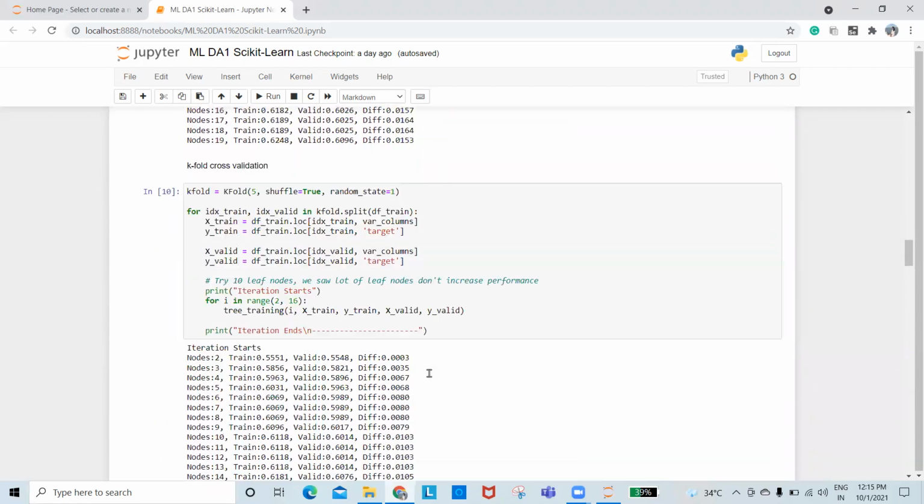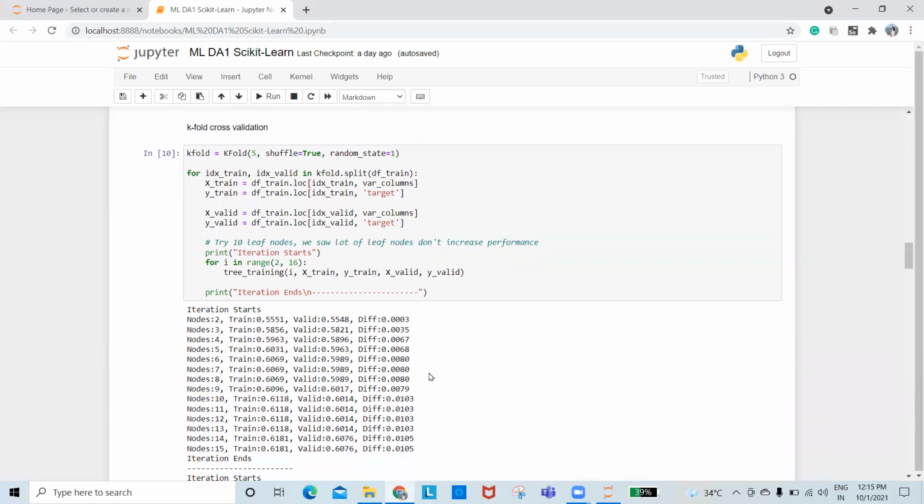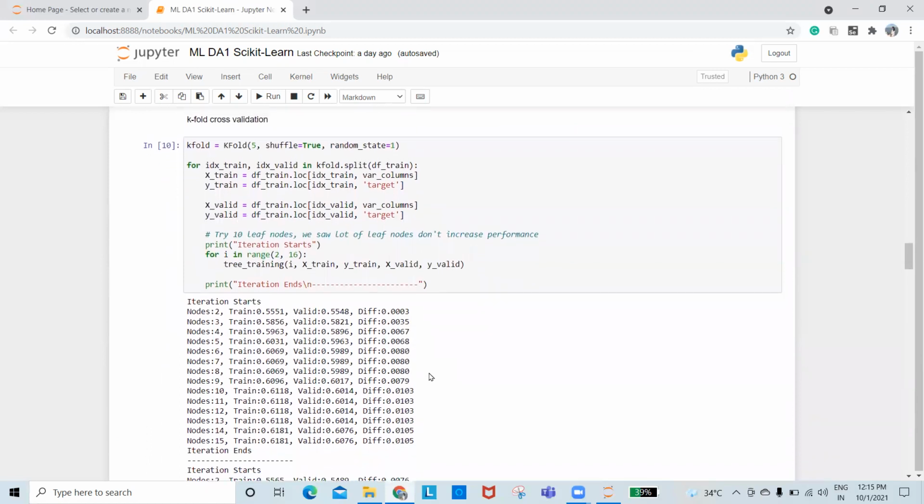Now using k-fold cross validation, in this case we will do a 5-fold cross validation. We use KFold and the attributes are the value of k, which is 5 in our case, and specify whether the data needs to be shuffled before it is split into 5 different sets. Shuffle is equal to True.